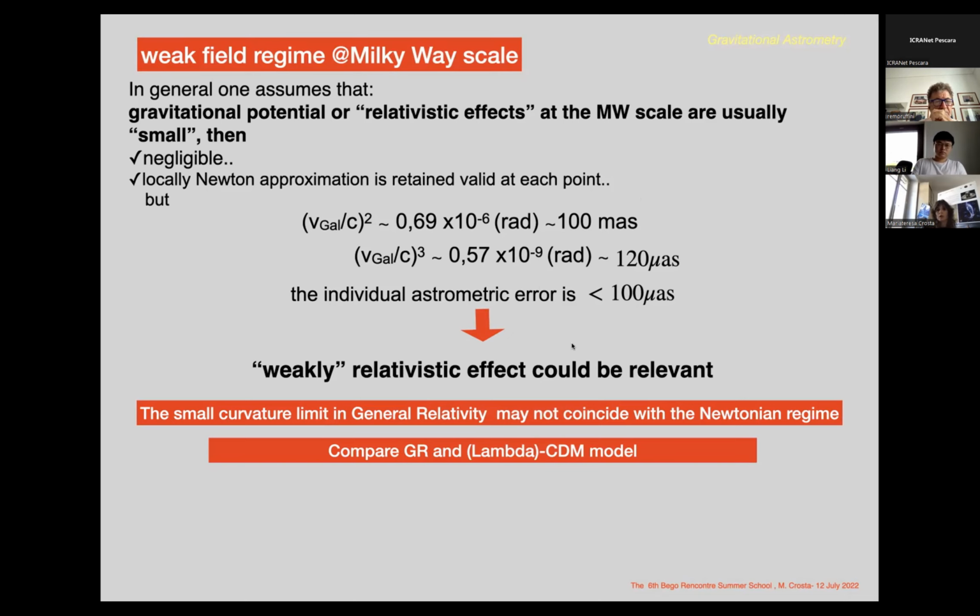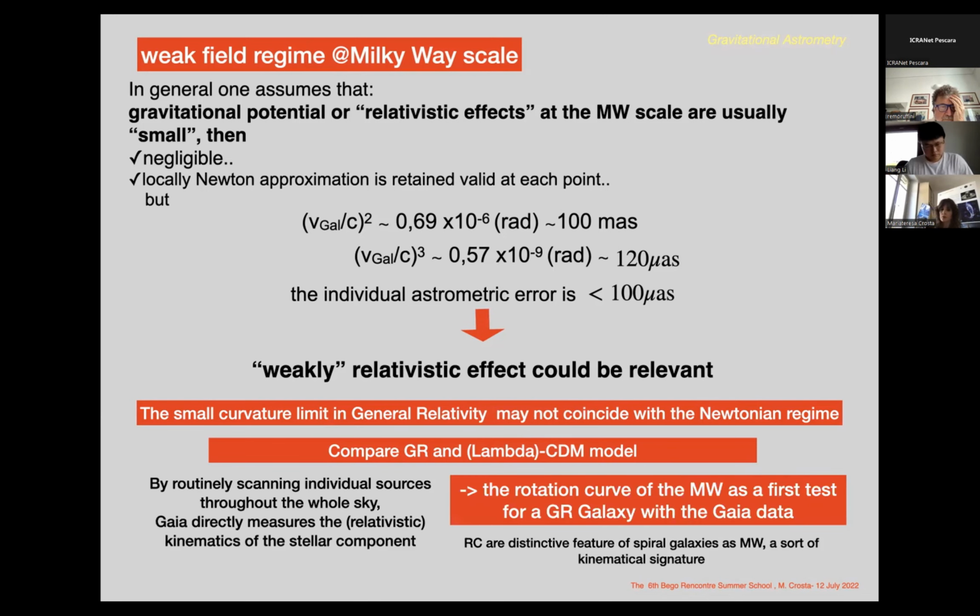So, in order to pursue a relativistic Milky Way, we decided to compare general relativity and the classical CDM model. Of course, Gaia directly measures the relativistic kinematics of the stellar components,